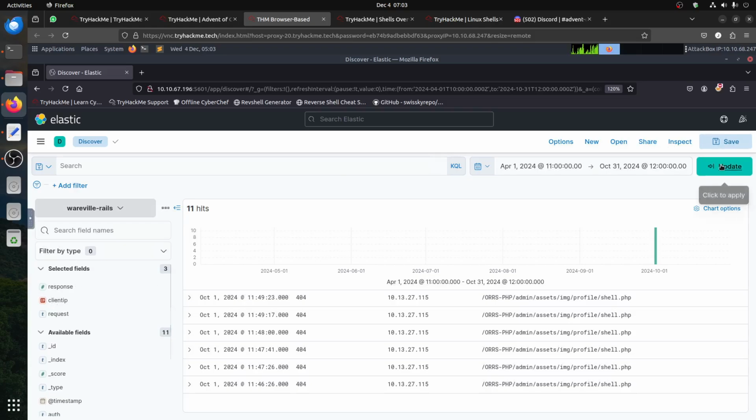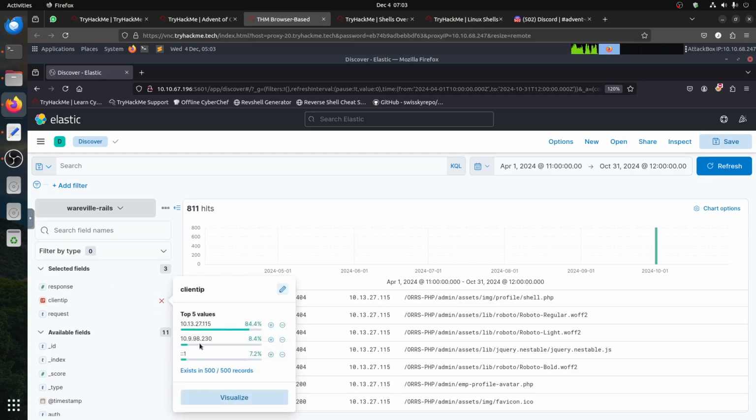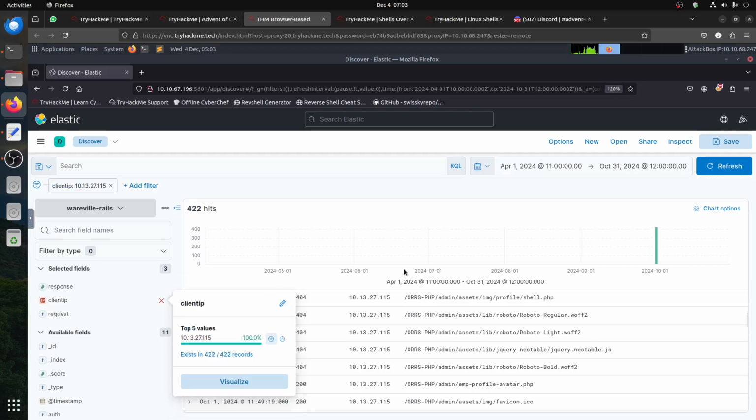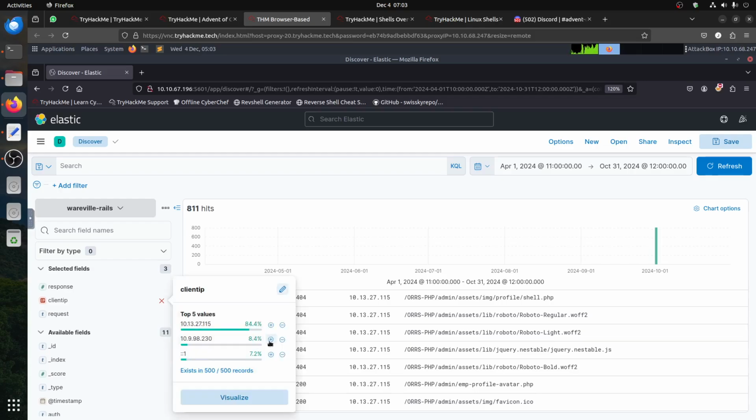So update, hit the client IP. We have two IPs here, one with most of them in 11. If I filter on this one, I end up with 42, and I can see the shell there. If I go back to the other IP and filter,